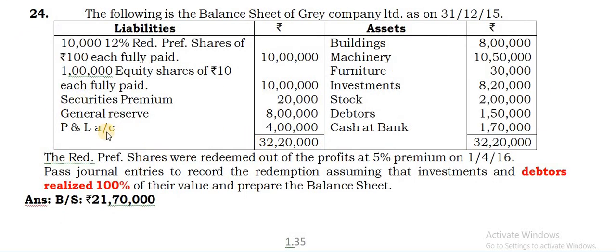Even the next problem is also your homework problem. It's the 24th question. Here there are 10 lakhs worth of preference shares to be redeemed. Even that is being redeemed at a premium of 5%. So 10 lakhs into 5% gives you 50,000 rupees. That is the extra premium payable. Even that premium, how to provide? See, 20,000 is already there as securities premium, so you can make use of that 20,000. The remaining 30,000 you take from the profit and loss account.